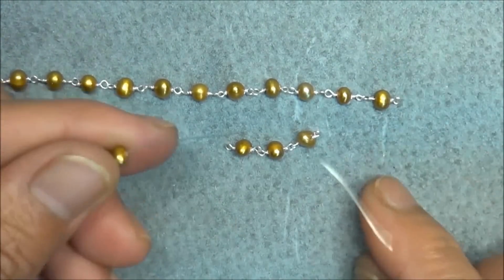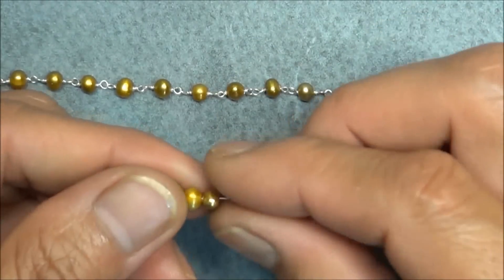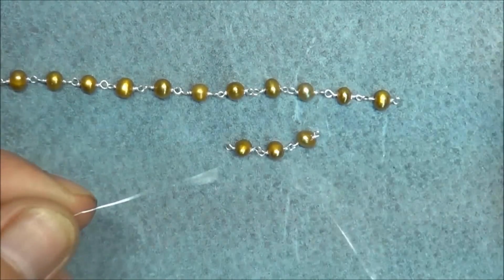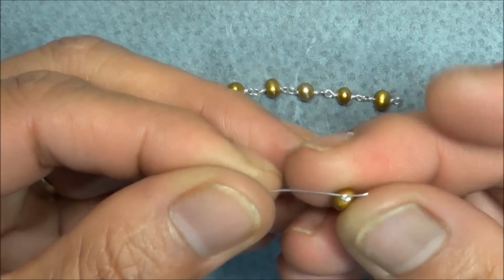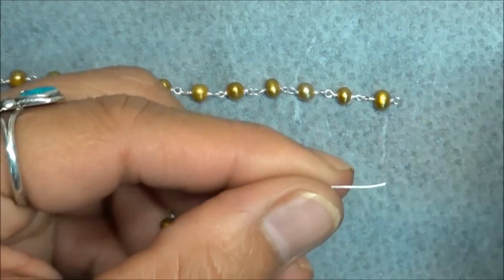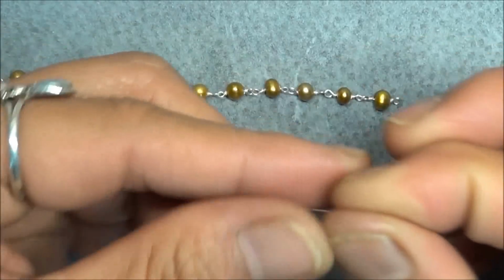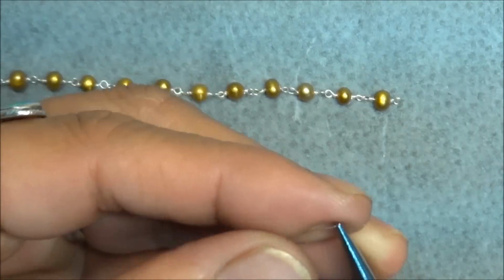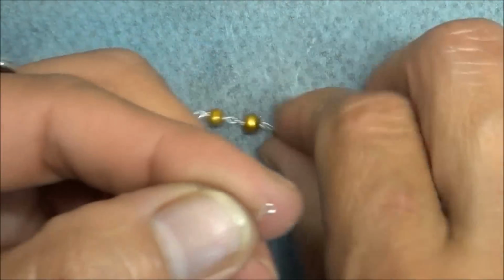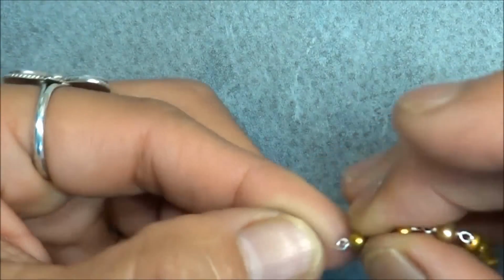So what I'm going to do before I start looping things around again, I'll take one bead off, and I'm going to put the short one through, and I'm going to put my bead back on, and we do a loop. And then we'll take the long one, hook it up,